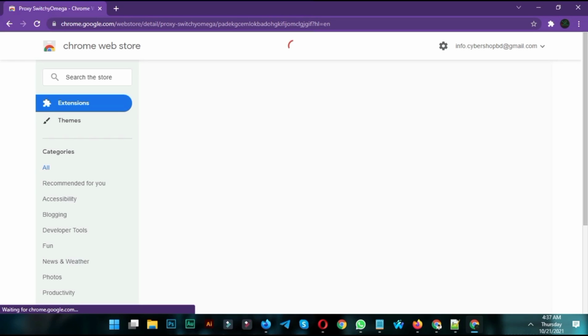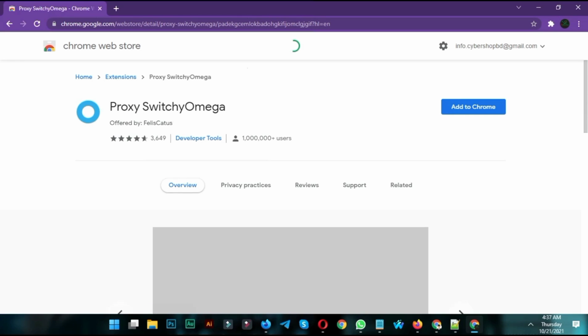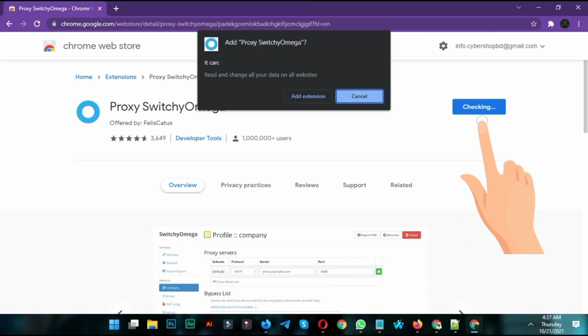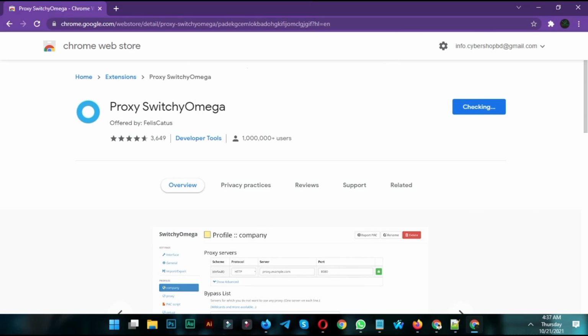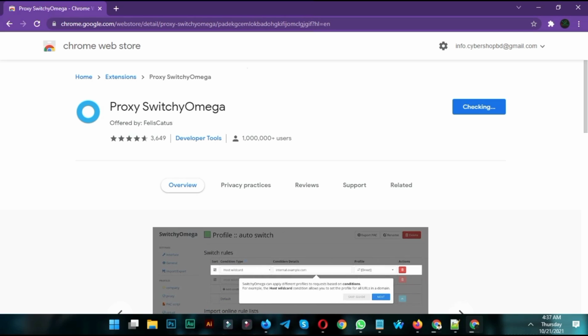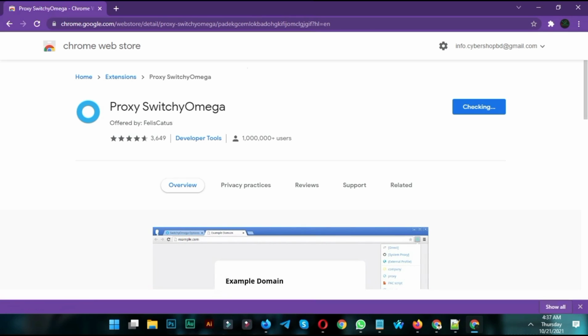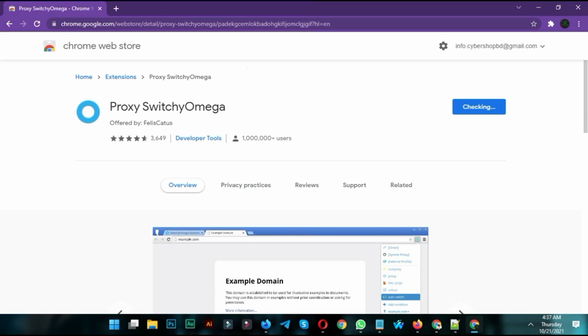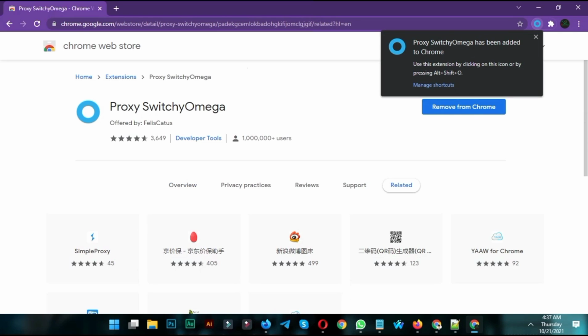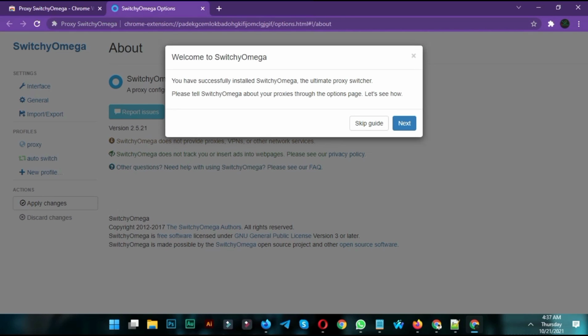First, I will do a Google search by typing Proxy SwitchyOmega. I will click on Proxy SwitchyOmega. Then I click to add to Chrome from the Chrome Web Store. I waited until the extension was downloaded.